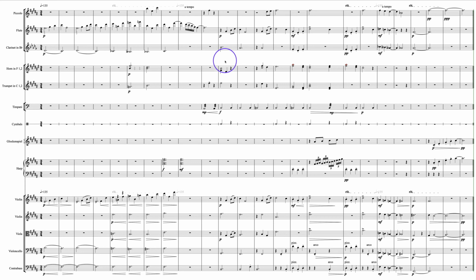Once you are a more experienced orchestrator, then it's just better to read things transposed, I think. Unless you work with C scoring all the time, maybe in film or media composing, and there are some countries